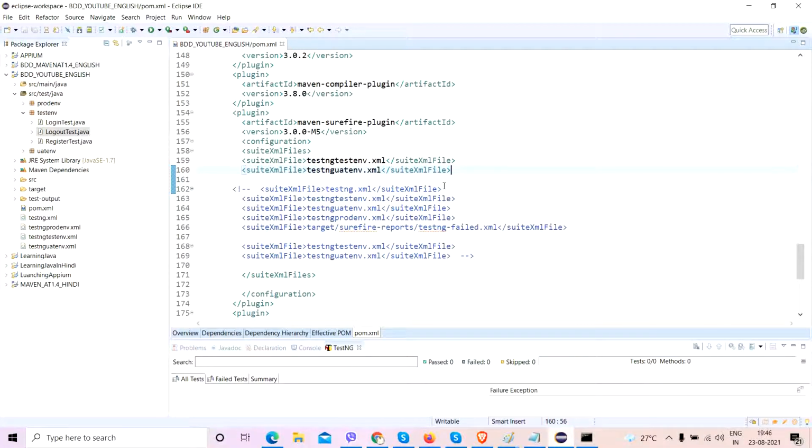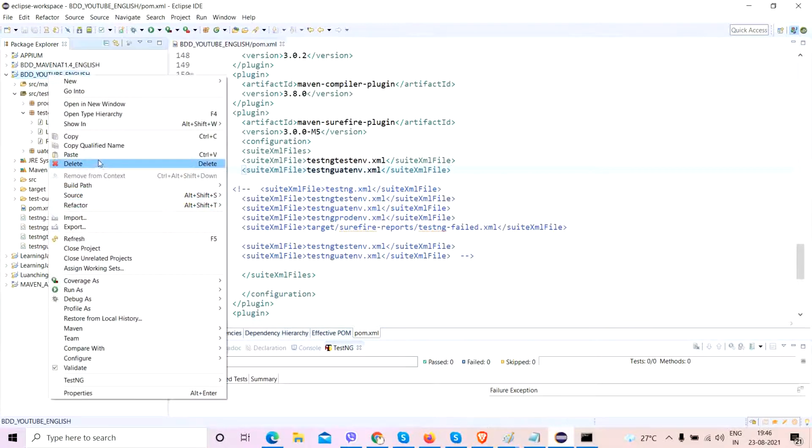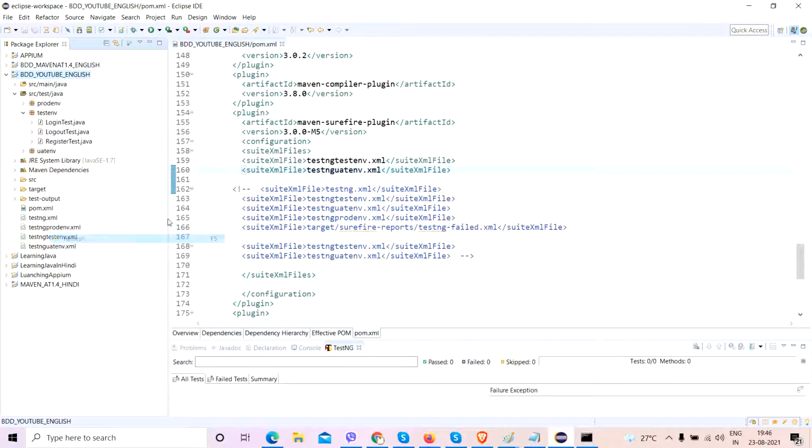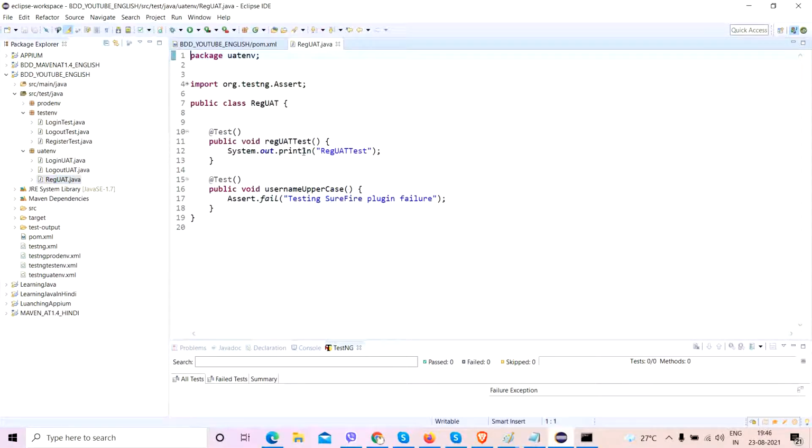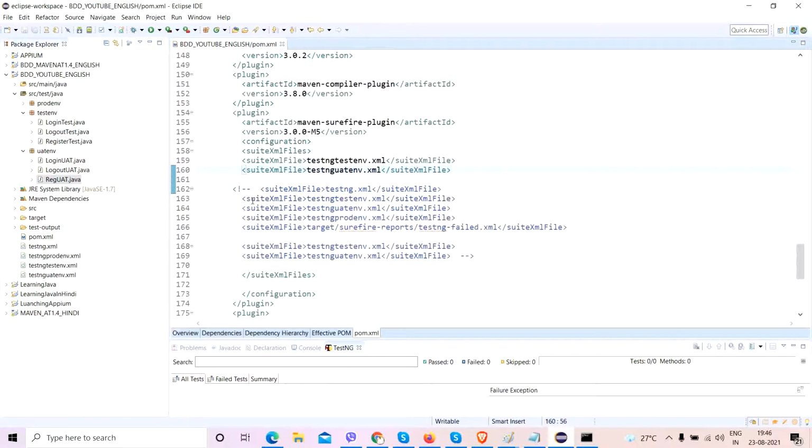So now, at some point, whenever there is a test case which fails, if you refresh your project, technically we have failed one of the test cases in the UAT environment package. We have failed this one deliberately. Now when you deliberately, or for whatever reason, a test case fails and you execute that,